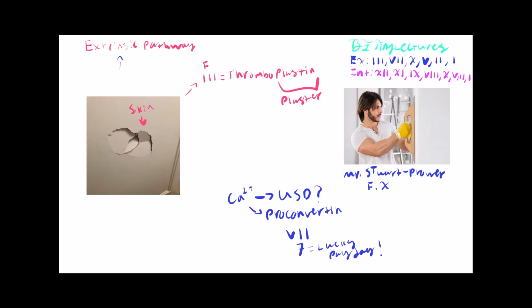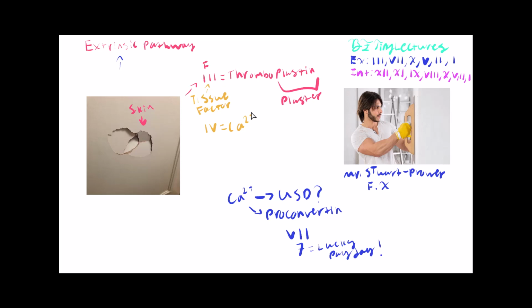Now, before I move on to the extrinsic pathway, I just want to mention that factor 3 is often considered the tissue factor. You'll often see that in textbooks. And you're probably wondering, hey, Brian, I noticed that when you were talking about factors, you didn't mention factor 4. Well, factor 4 is actually calcium. So calcium is just constantly